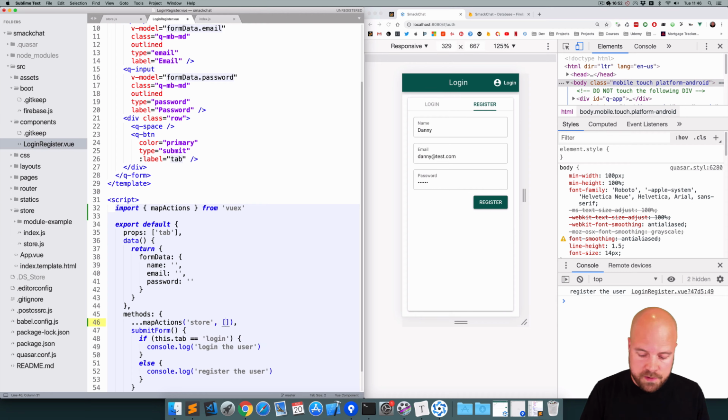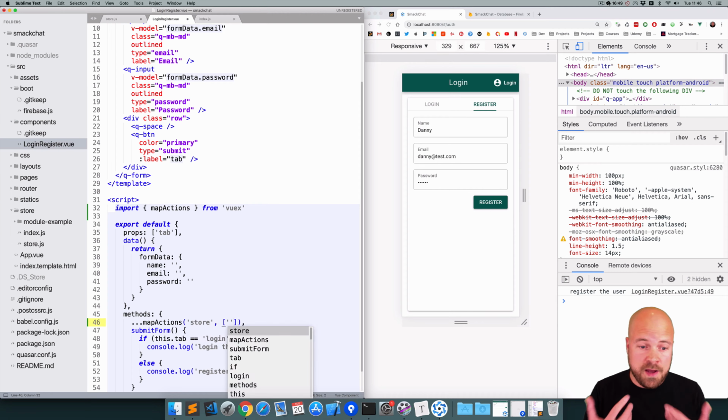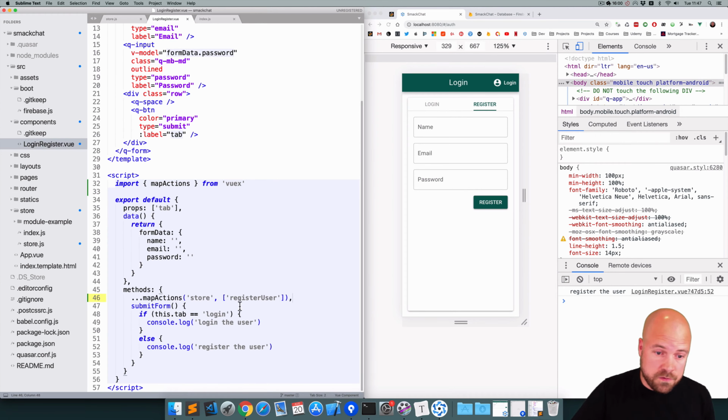And then we have an array where we specify any actions that we want to map to this component. So our action is called registerUser. So we just want to put registerUser in here. Okay, so now that this registerUser action is mapped to this component, we want to trigger it at this point here when the user is trying to register. So we can do that with this.registerUser. So now that this action is mapped, we can just trigger it like any other method. So I'll save that,